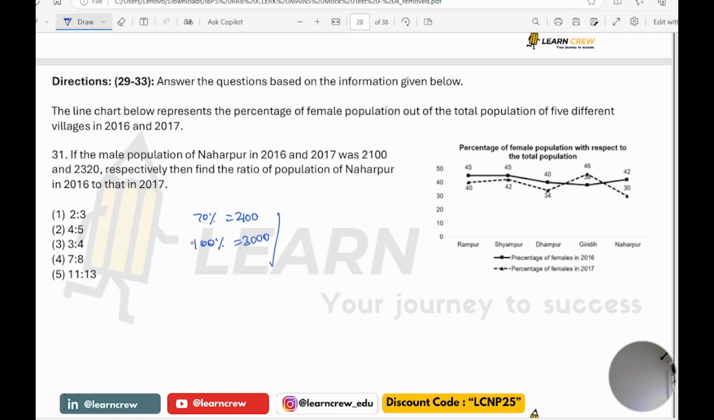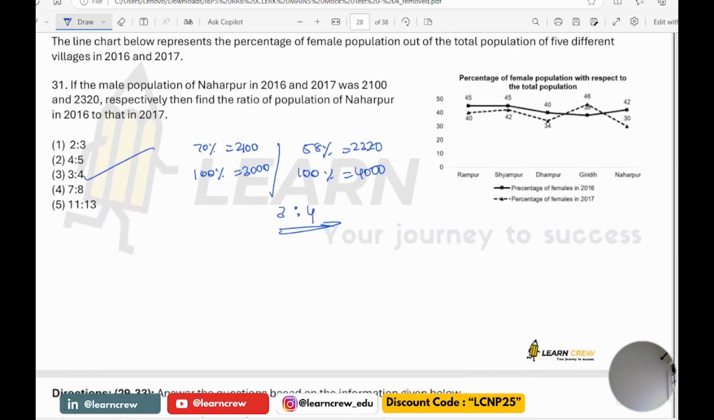Similarly, 58% is 2320. Then 100% would be how much? 4000. So what is the ratio here? 3:4. Next,